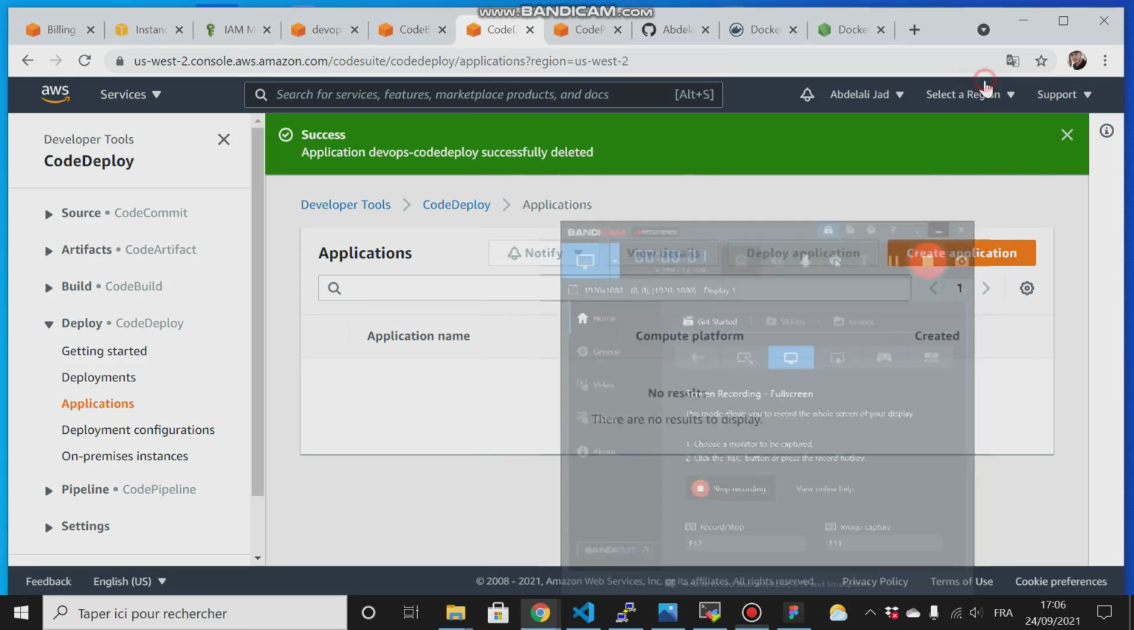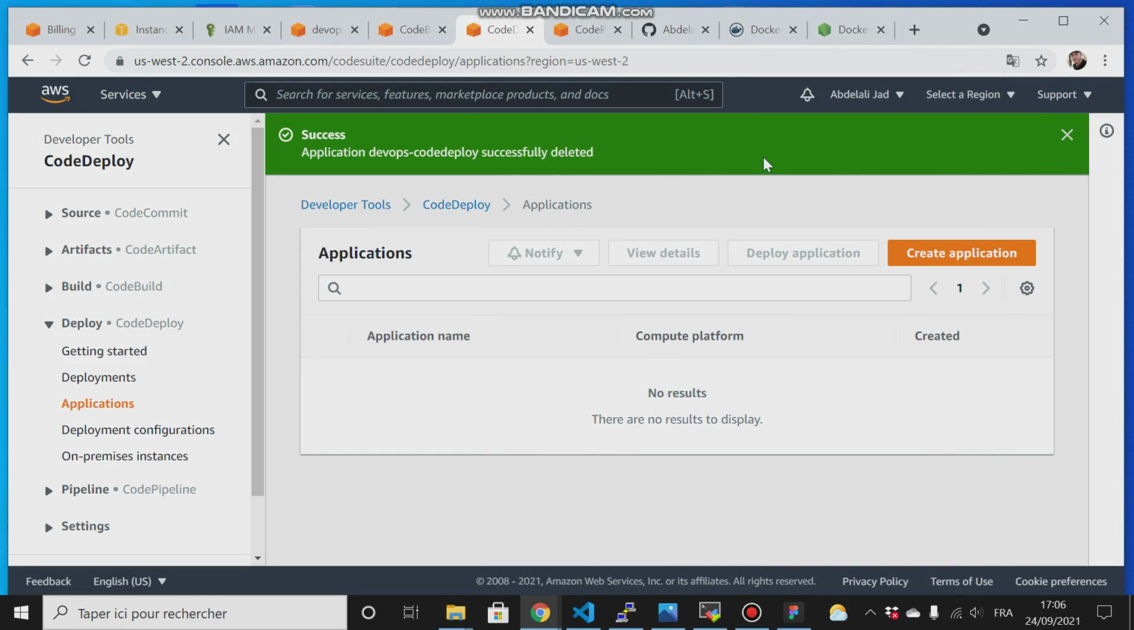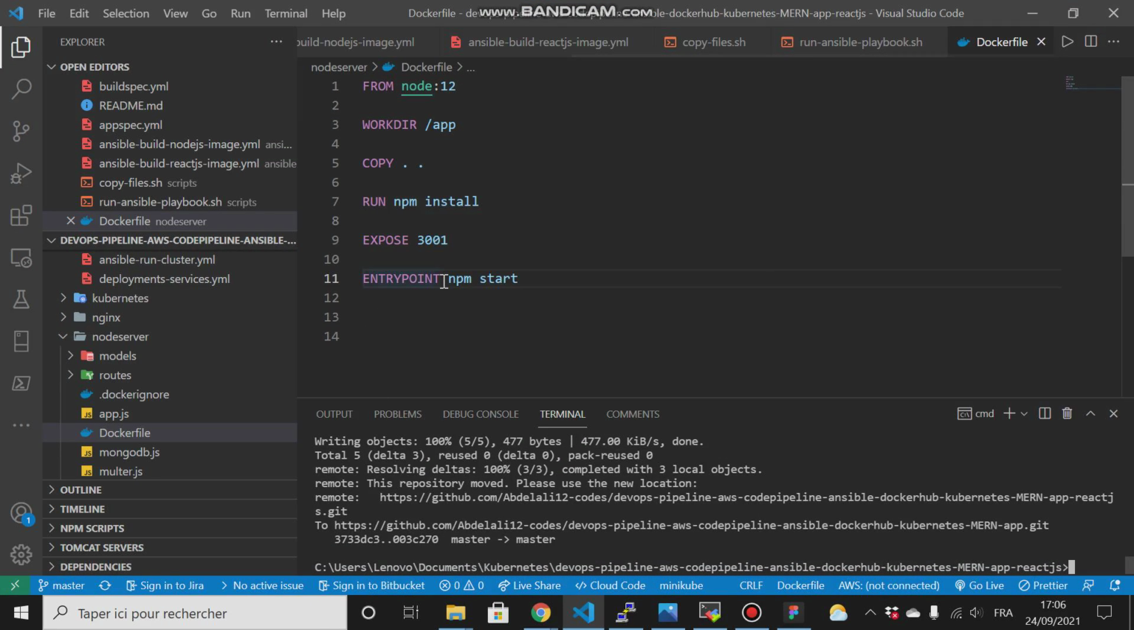So why this code deploy takes too much time is because I made an error without paying attention. Here, instead of giving an entry point, I replaced it with run. So it creates a loop for me, and this container started running. So the code deploy will believe that